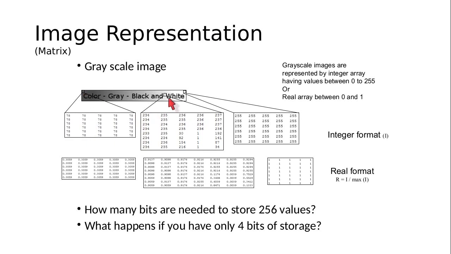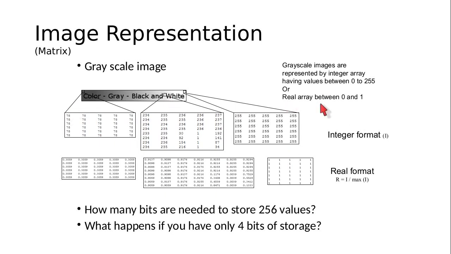Now when you come to this region, let's take this small part. This has a mix of white and gray. If you notice, this portion is 1, 1, 1, 1, 1, 1, 87 and 34. So that's this W here, the top left corner of the W. And if you come to this region and you zoom into this and see what the pixel values are, you will see them to be all 255s. Subsequently, when we write programming assignments, we will see how to interpret these matrices, how to read these matrices, how to look at these values. So this is the integer format.